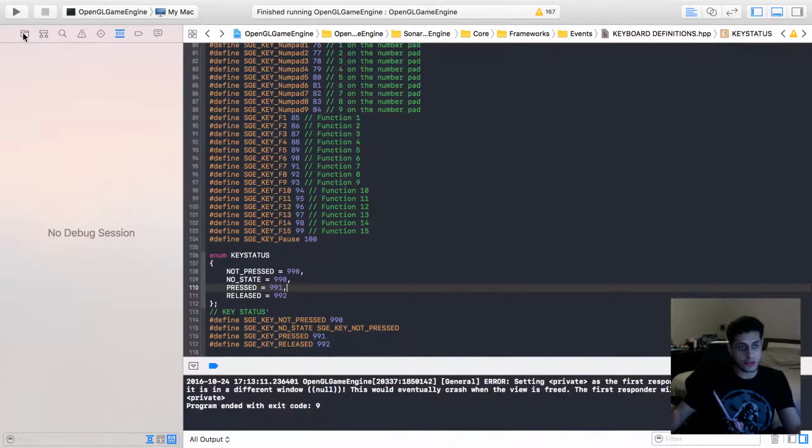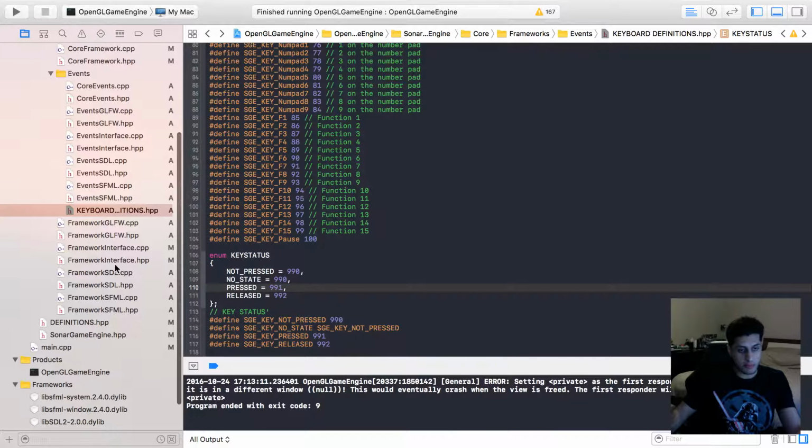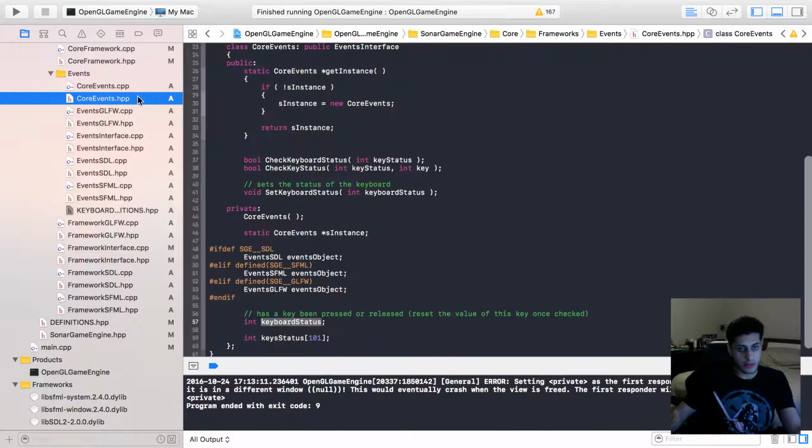So if we go to core events, this needs to be, we got some error now, 2 errors in here. Needs to be assigned the value of key status